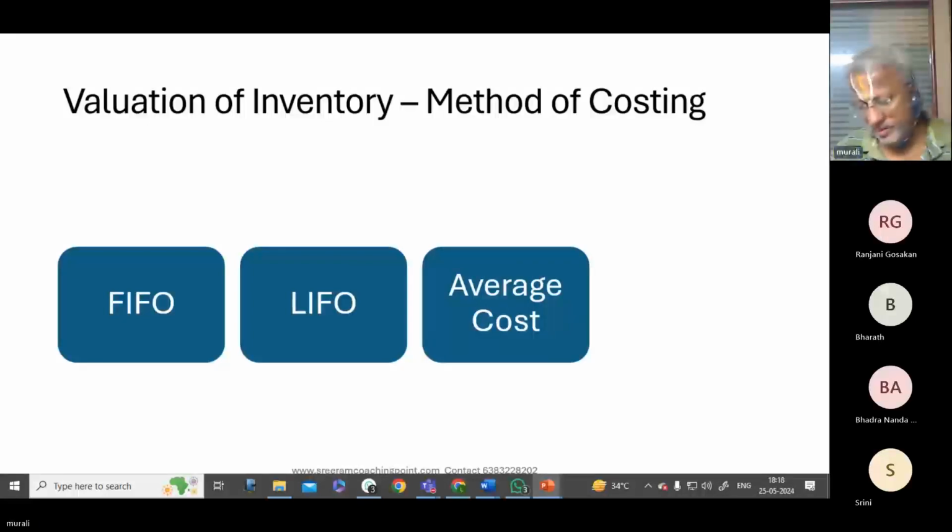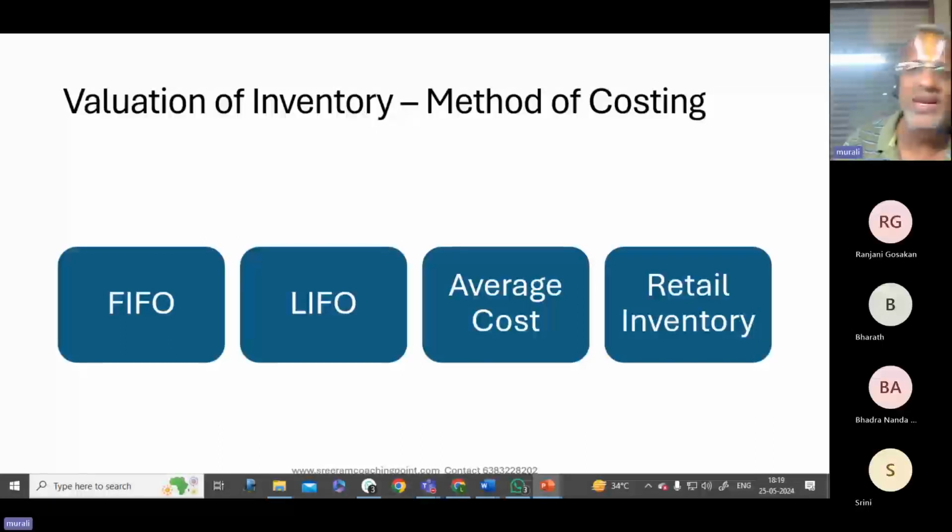Average stock. So what do you mean by average stock? So in the Indian scenario, we used to have simple average and all that, but in US GAAP, they do not take it up for discussion at all, this simple average. So where you have weighted average only, they call it out as average cost. So one needs to know that weighted average is what they call out as average cost there.